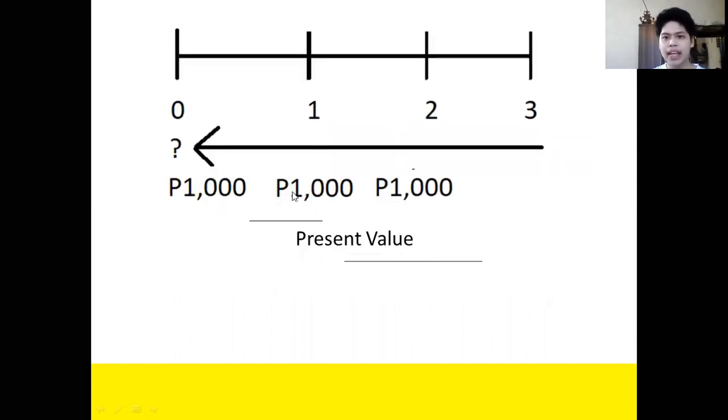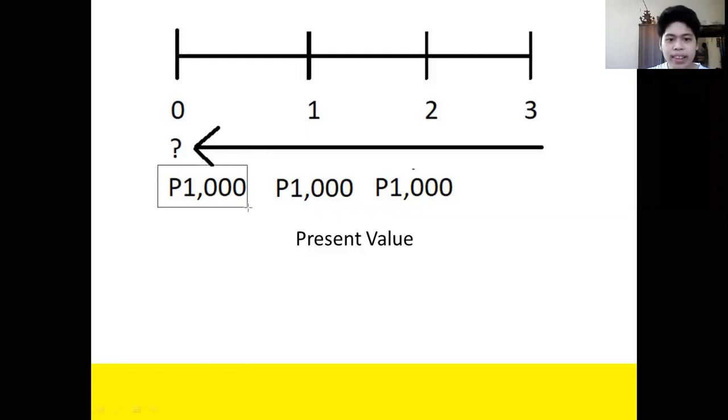Okay, as you can see, we will analyze whether the timeline illustration is correct. Okay, ito. You will receive 1,000 pesos at the start of year 1. So, correct. Correct. Ito naman,